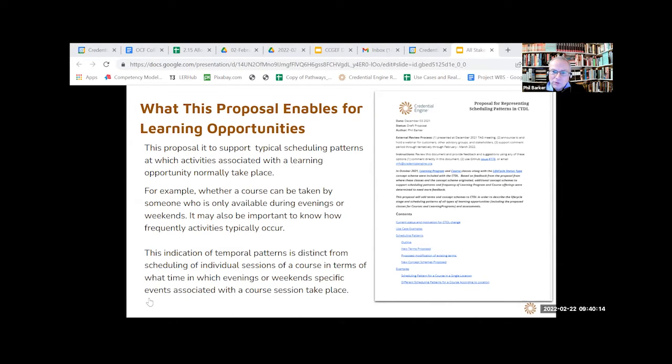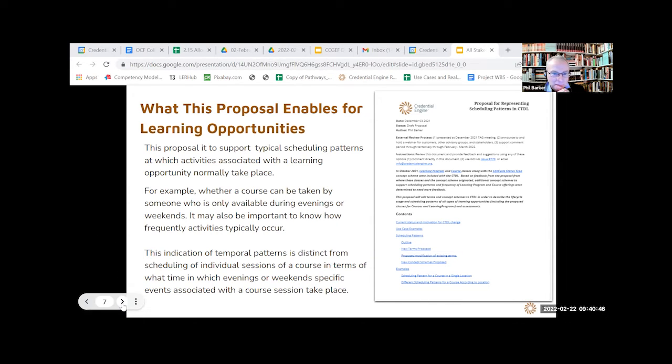There are ways of describing that using schema.org's description language, and those are compatible with CTDL. So if anybody's using CTDL outside of the registry, then there are terms available to them they can use for the detailed calendaring aspects of scheduling. What we're interested in here is simply the broad brushstroke picture of what sort of times you are likely to need to turn up for a course.